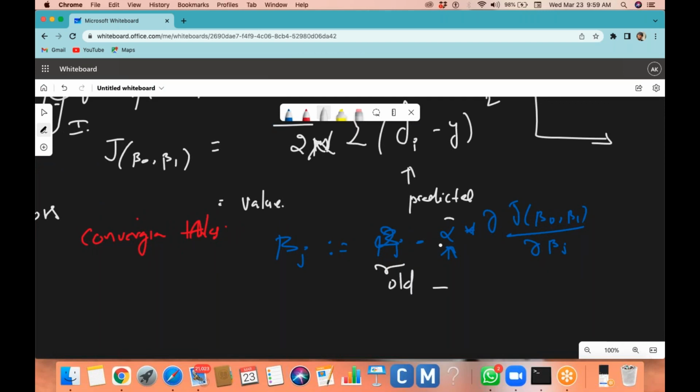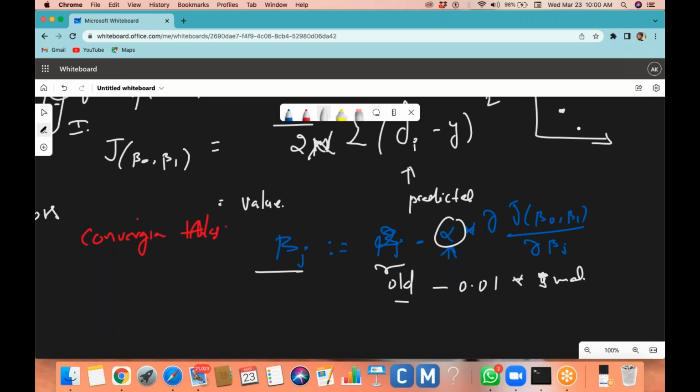So this is my old beta value, minus alpha, my learning rate. It is a constant, usually we consider 0.01, into the derivative of the loss value, which might give some small constant value. So old minus 0.01 into some small value means your beta values can be reduced or increased. See, if my loss increases,